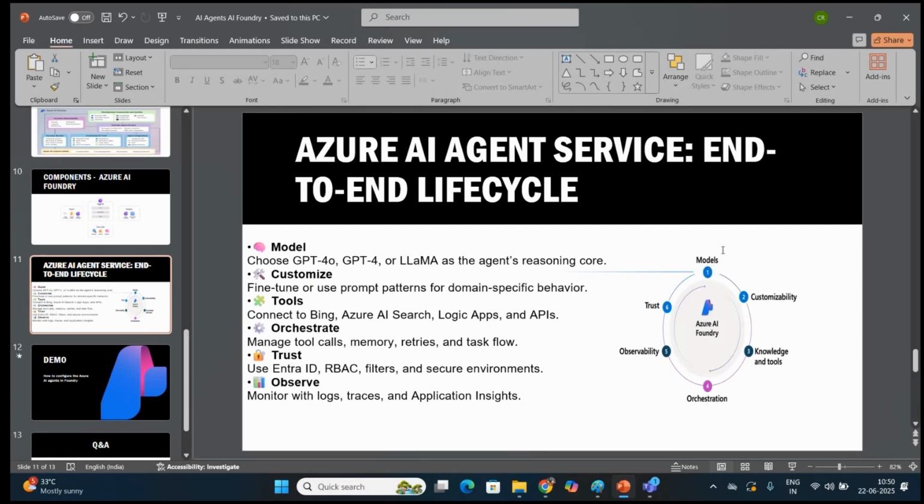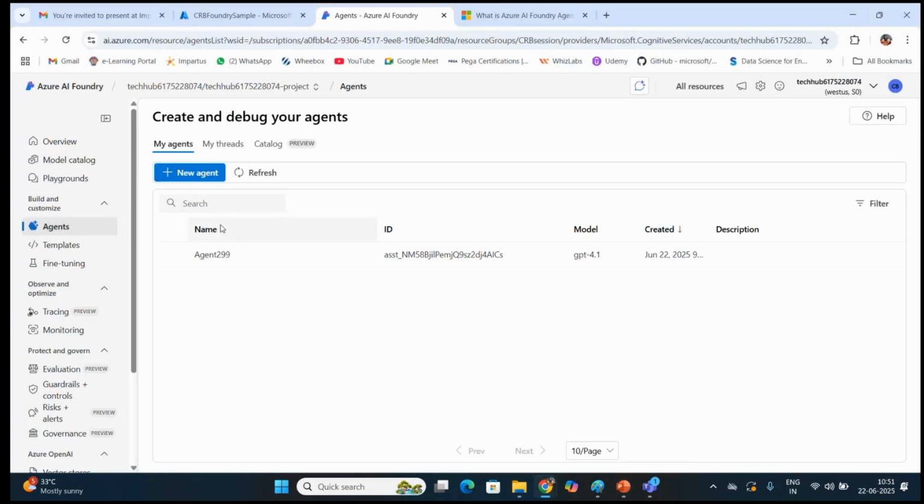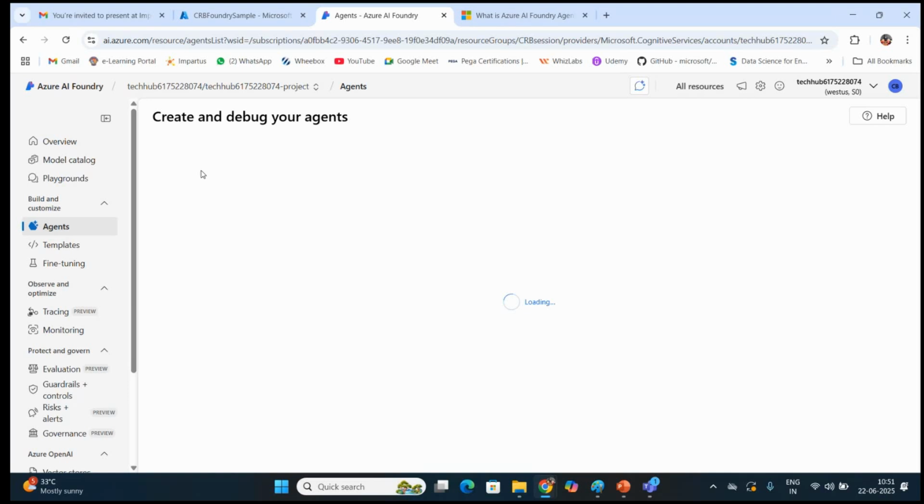Now the first step is choosing what kind of model, and then it has to be customized, right? So to do all of those things, we would have to go to an agent, and when you click on agent,